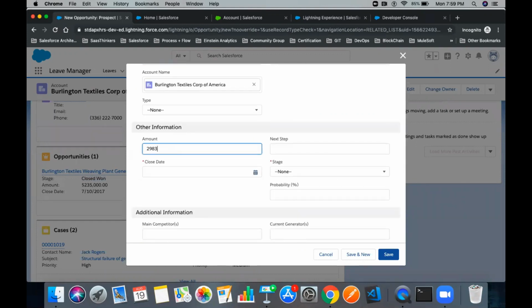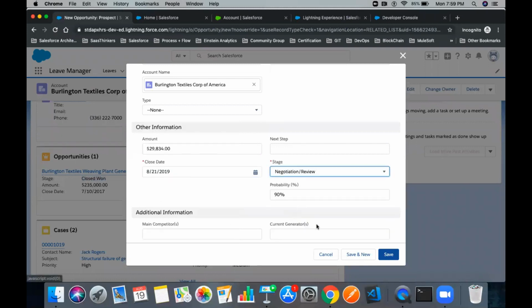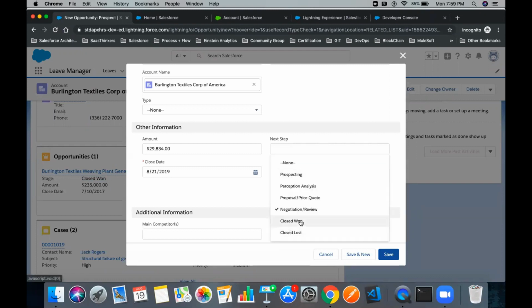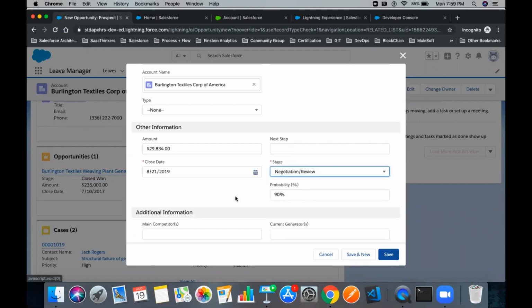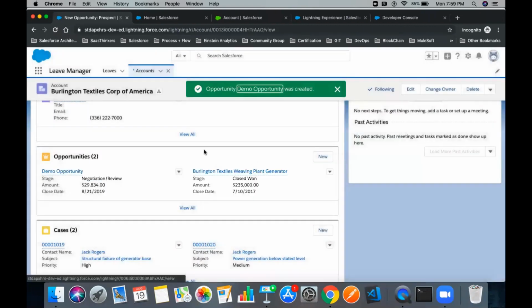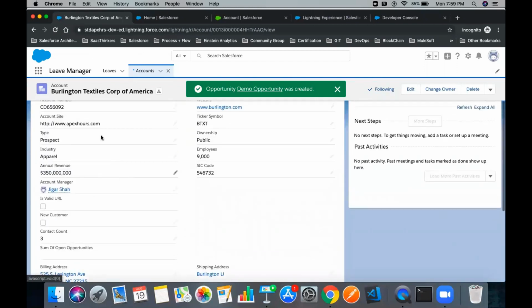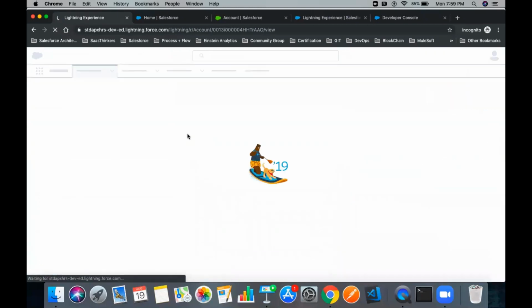For amount, let's say any random amount. And we are not selecting any stage like closed won or closed lost, so that we can be sure that this opportunity is still open. Now if you go to your detail page and refresh this,